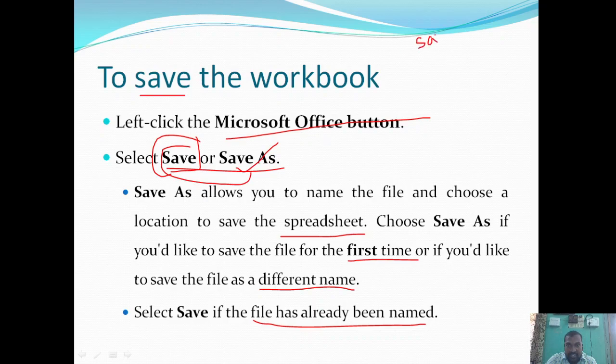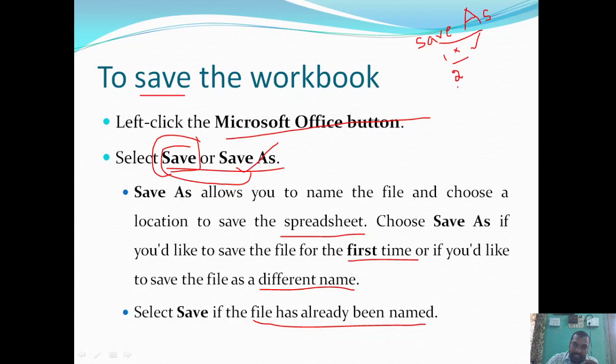Let us first discuss Save As. This Save As option will be chosen in two cases. If the document is not saved till now and you want to save it for the first time, then choose Save As, specify the location, give the file name, and that spreadsheet is going to be stored.